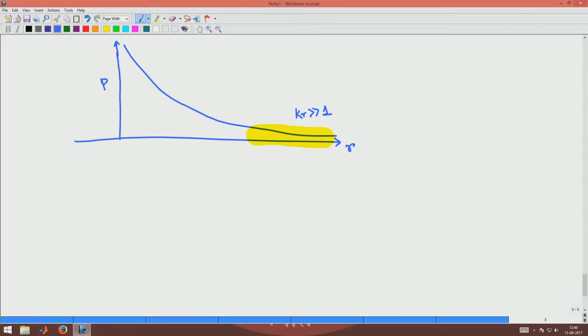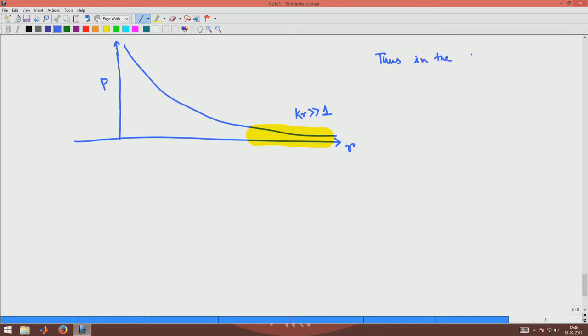If K r is large, we have seen that the spherical wave impedance has become the plane wave impedance. So, if the impedance is same as rho naught c and the pressure is not dropping, that means we essentially have the plane wave condition, that is the velocity in the direction of propagation of the wave will be given by rho naught c multiplied by the pressure, and that is exactly the same situation that we had in plane wave. So, thus